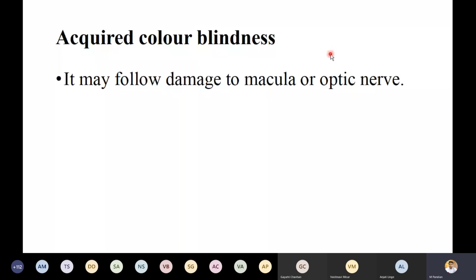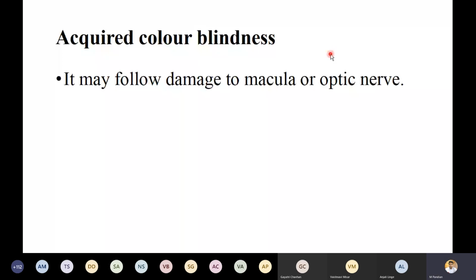These are other cases which cause acquired color blindness. Drugs: frequent use of some drugs leads to color blindness, that is antibiotics, antihypertensive drugs, anti-tuberculosis drugs, and drugs used to treat psychological problems and neuronal disorders.